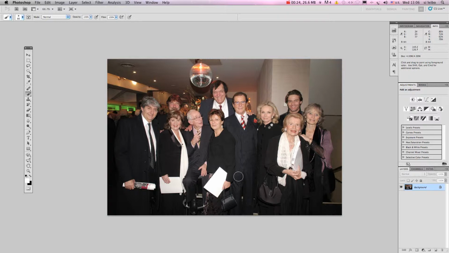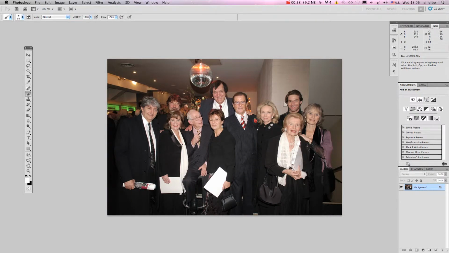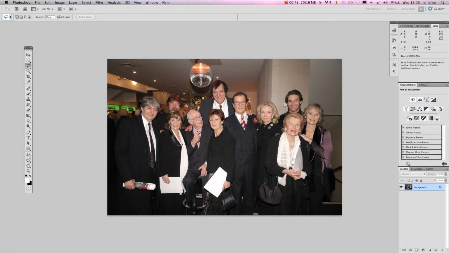I'm going to replace the heads in this picture with the heads in this picture, one at a time. Here we go. So, moving over to the good head, I'm going to find my lasso tool in the toolbar, that's here. I'm going to do a very simple and quick selection of Mrs. Roger Moore's head. I'm then going to edit, copy the head,